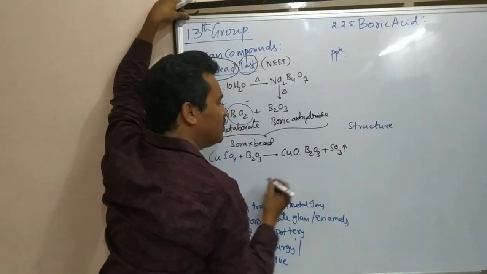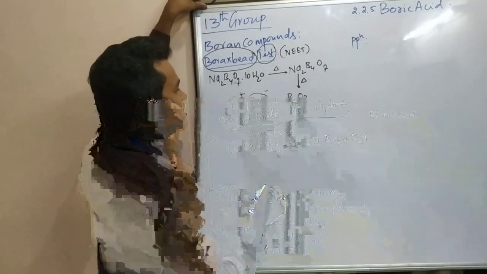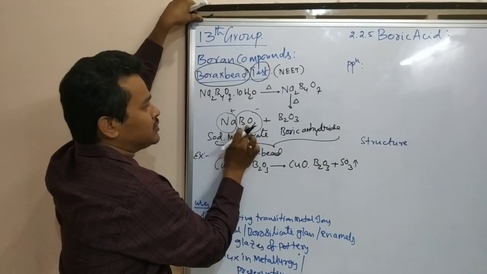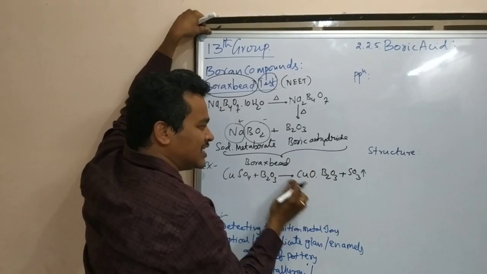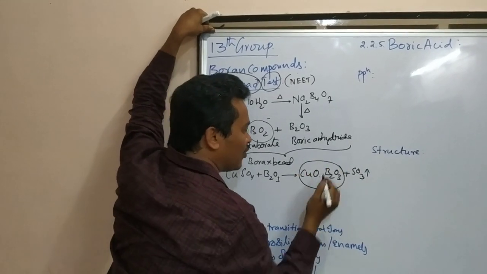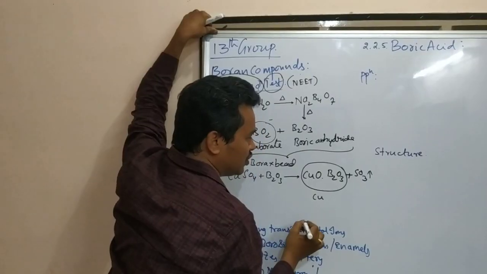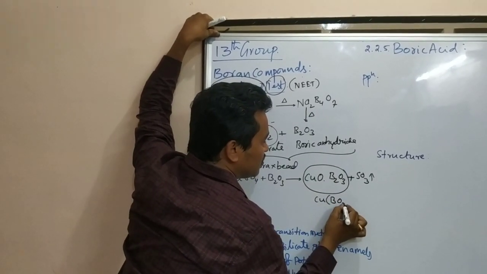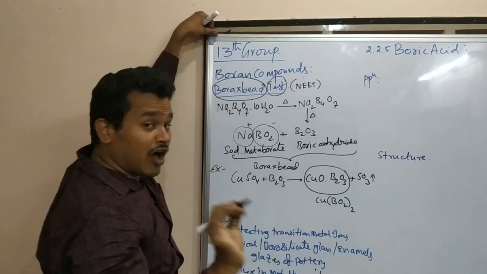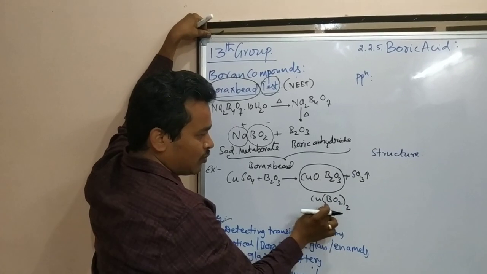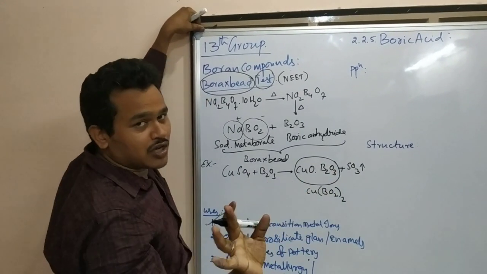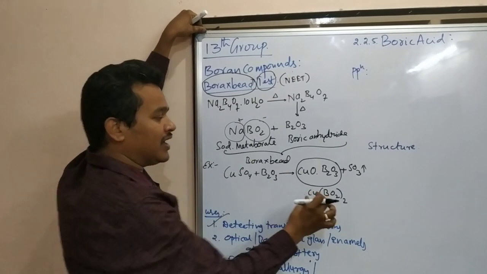Then CuO, B2O3, because I am talking about boric anhydride, in that format I am going to write. See that? Na+ BO2−. This molecular formula I am writing for my convenience: Cu(BO2)2. BO2 two times. The formula I didn't change. Copper, 2 borons. How many oxygens? 3 plus 1, 4 oxygens. 2 into 2, 4 oxygens. I didn't change the molecular formula, but I am writing in another way.